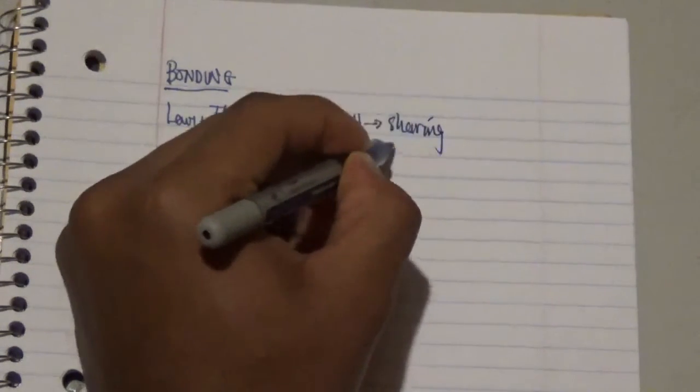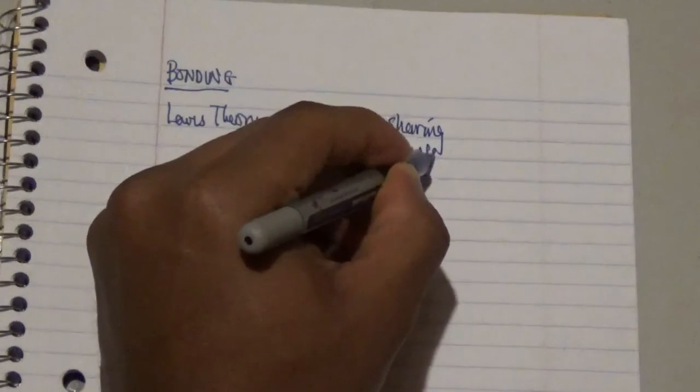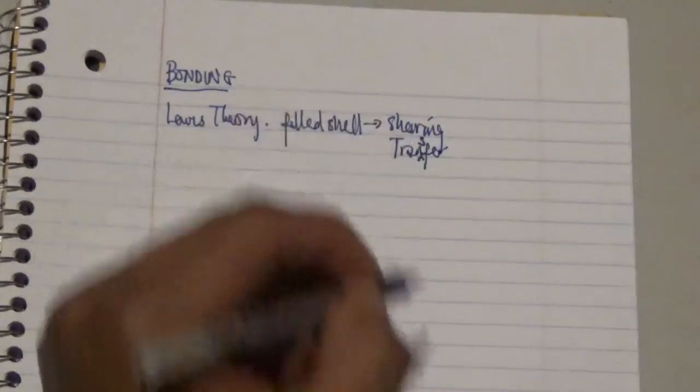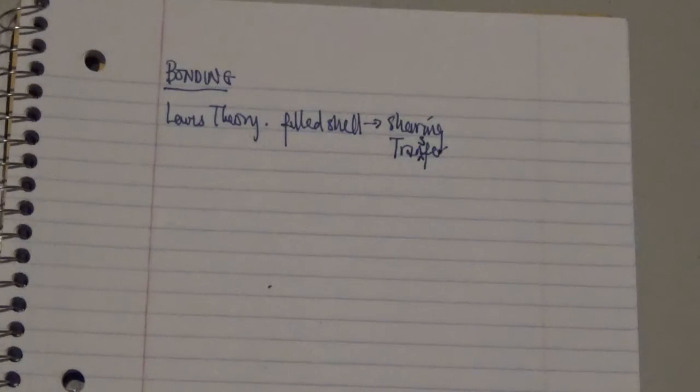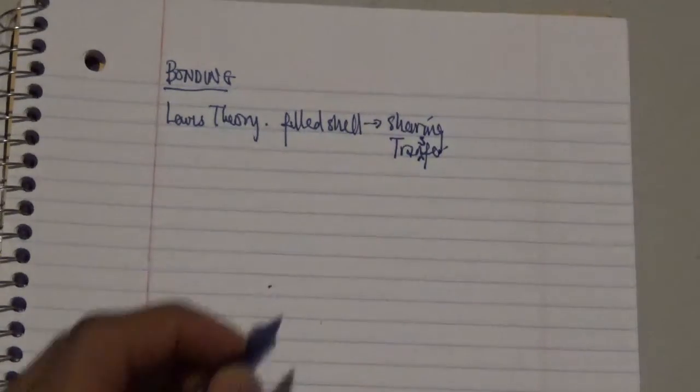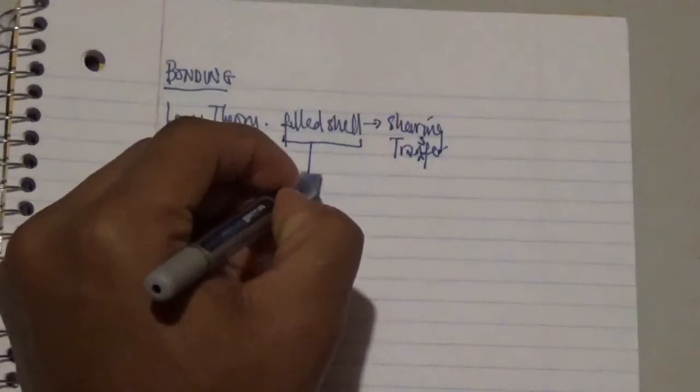He also talked about the transfer or sharing of electrons, which has to be done in order for molecules to form, and as a result a filled shell must be generated, in order to form a stable octet